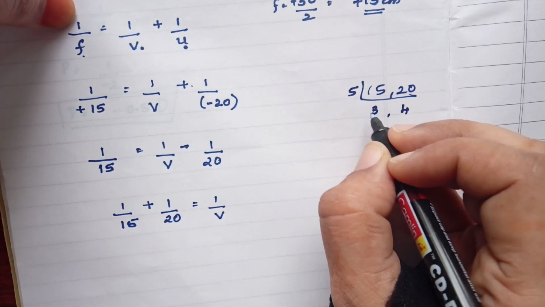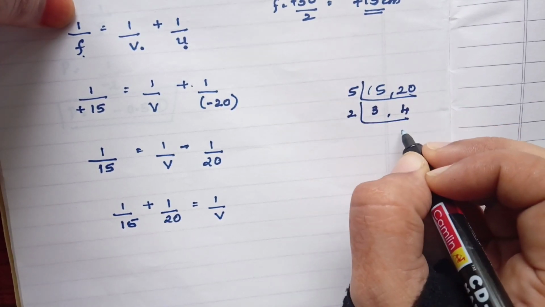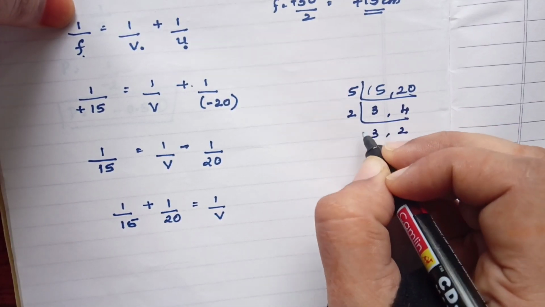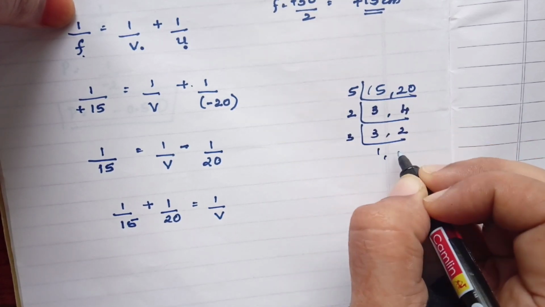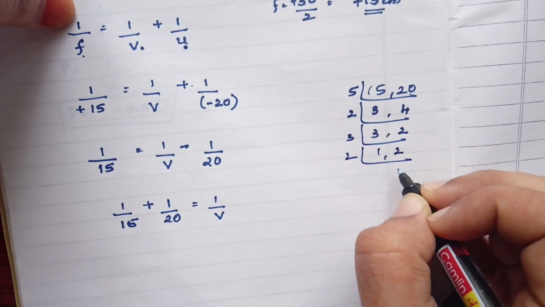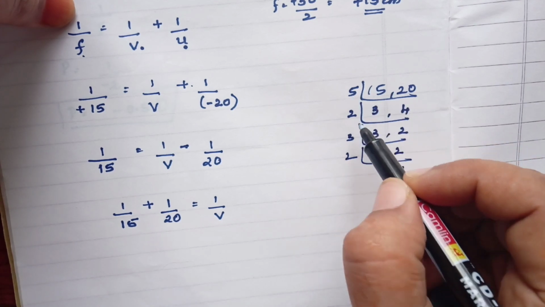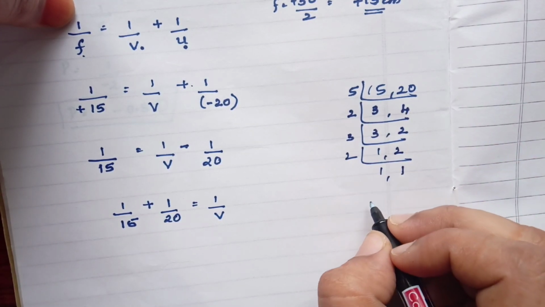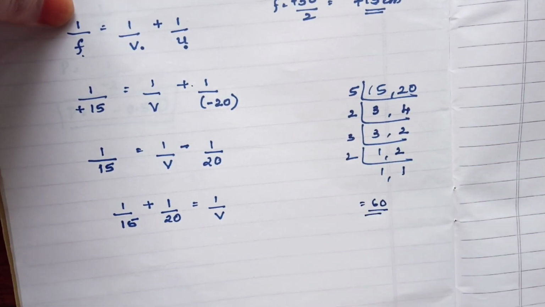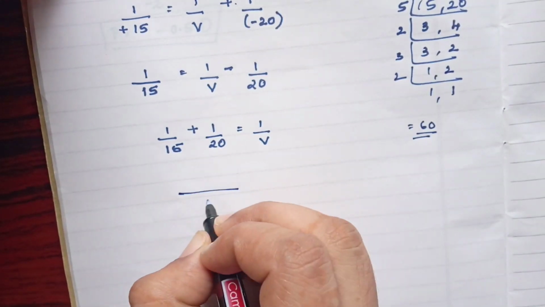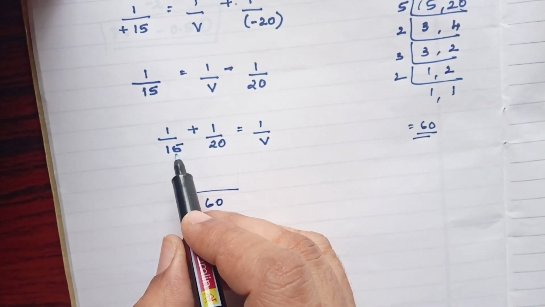Now as you can see here, this is a prime number. So 2 2s are 4. This will be kept as it is. 3 1s are 3, 2 as it is, 2 1s are 2. 5 2s are 10, 10 3s are 30, 30 2s are 60. So my LCM is going to be 60, upon 60.